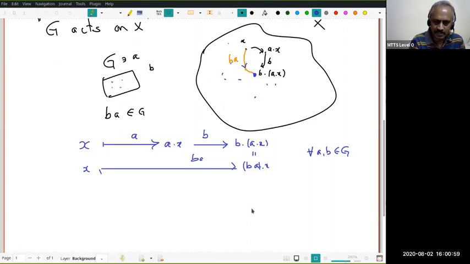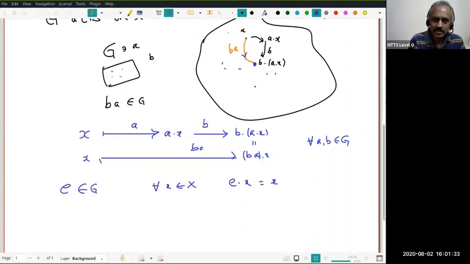Don't say that. But that's what it is, something similar. Now in any group, I said G is any group, at least there is always one element in the group. What is that? Yes, the identity element. This is like a zero force. It doesn't do anything. That means, for every X in X, when E acts on X, it doesn't do anything. He is like a zero energy football player. He kicks X, but X doesn't budge. It doesn't move. That's it. So if this happens, I say the group G acts on X.